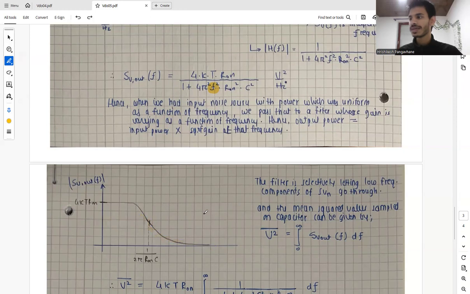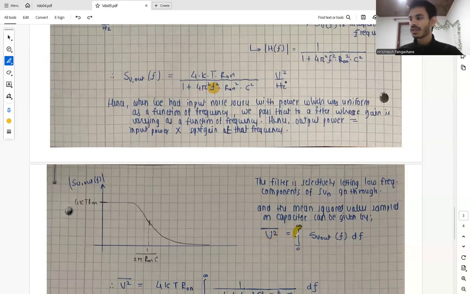So the filter is selectively letting the low frequency components of the spectral density of the input pass through it, and the mean squared value of the noise voltage sampled on the capacitor can be given by